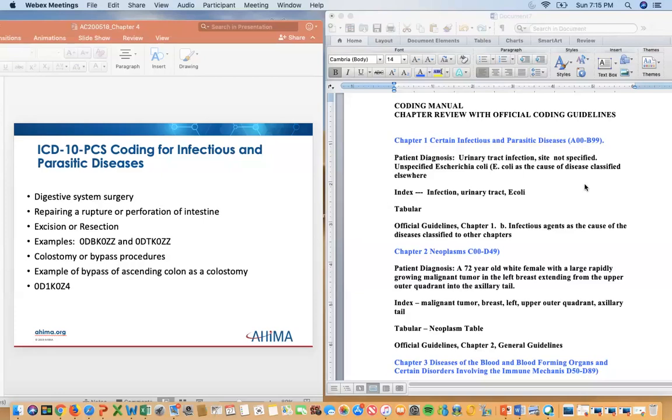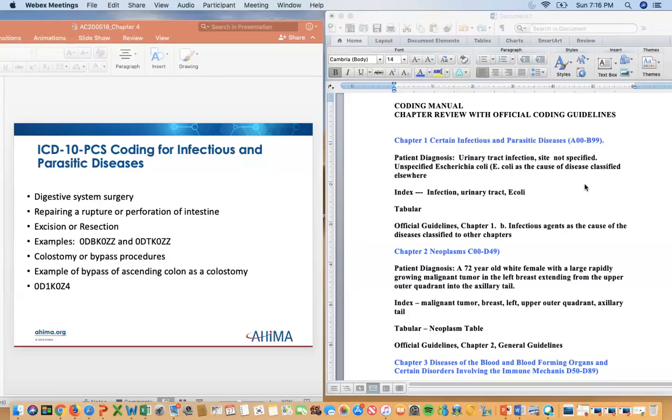So we're going to actually go to the E's and spell that out because that is where it will be underneath. It will be spelled out specifically. So we see the Escherichia coli as the cause of a disease classified elsewhere. In your index, we're under the Escherichia coli, and it says E. coli in parentheses, the code will be